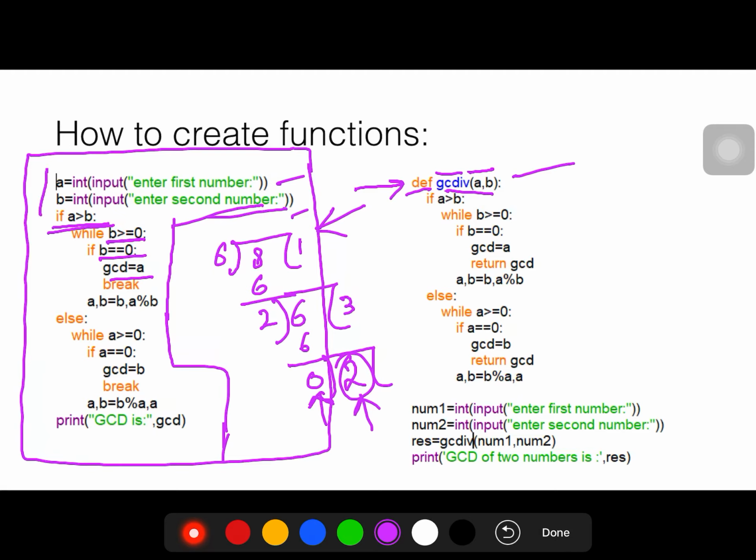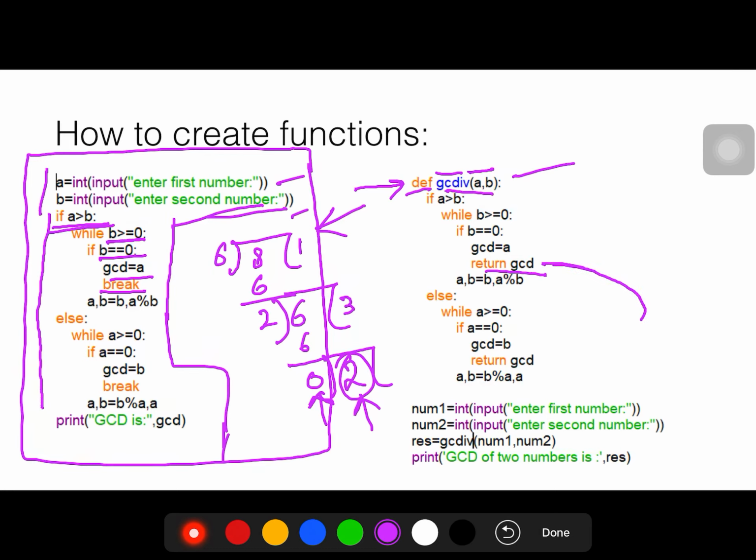Here two values, because we want the GCD of two numbers, and this is the body, same as this statement, but instead of break we are using return. As we know, the return statement returns the control and values to the call statement.